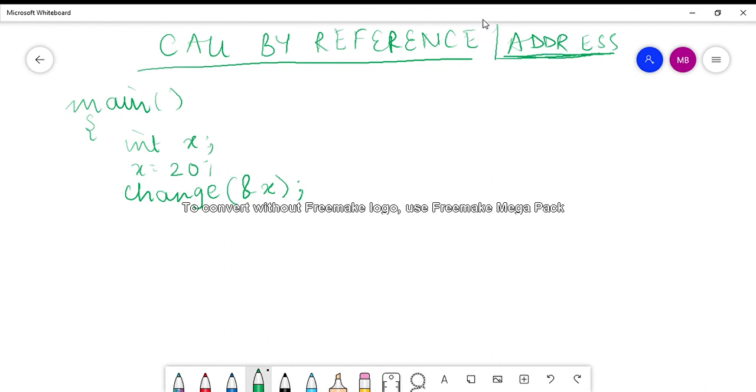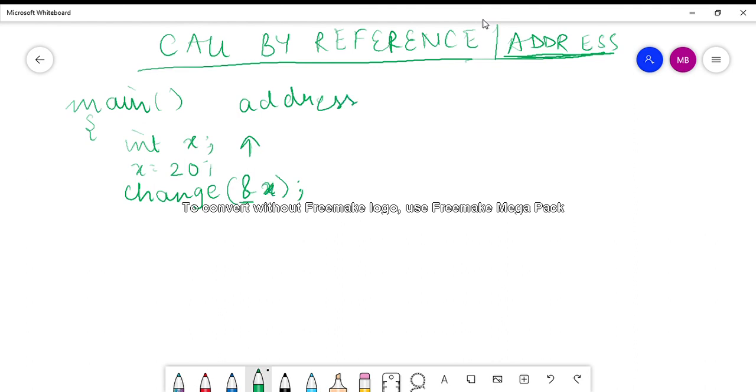The previous method was called call by value because you were directly passing the values, and this method is called call by reference or address because here you are passing the address. The ampersand symbol, as I told you in my videos on pointers, represents the address of this variable. If I directly write x, that means the value of x.